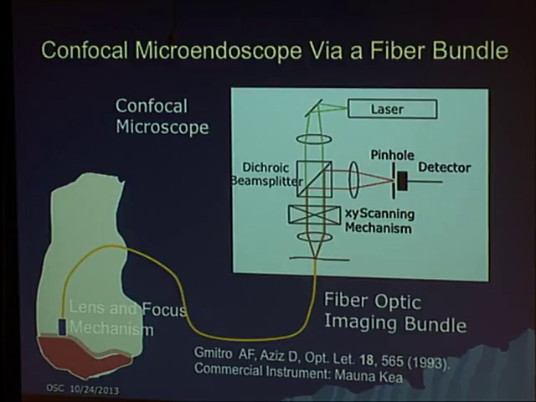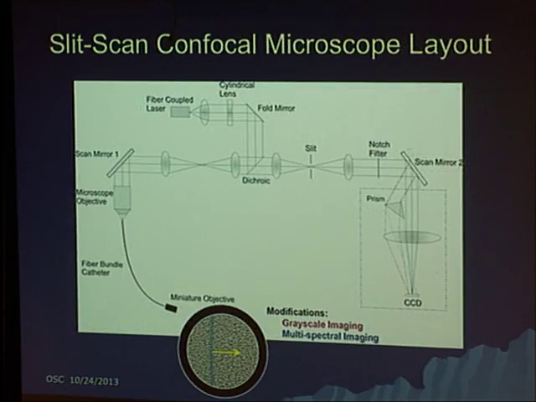So what did we do? We started this, amazingly, 20 years ago, of just taking a confocal microscope and coupling it to a fiber optic imaging bundle, something with, say, 30,000 elements, fibers that are coherently oriented such that an image put in here comes out over there. And you also need some other things, focusing mechanism, ability to deliver dye if you're going to do it. But this was a fairly straightforward adaptation to take a confocal microscope into a confocal microendoscope. And there are commercial instruments available to do that.